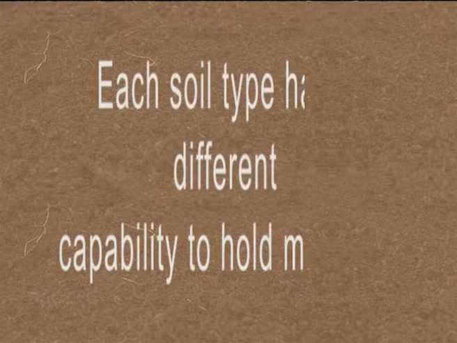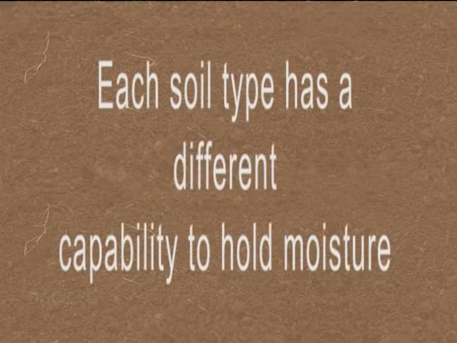Soil acts as a water reservoir between irrigation or rains. Soil is also a nutrient reservoir and it mechanically supports and stabilizes plants. Each soil type has a different capability of holding moisture based on soil depth, soil texture, soil structure and soil water tension. A combination of these elements determines the amount of water available to the plant.